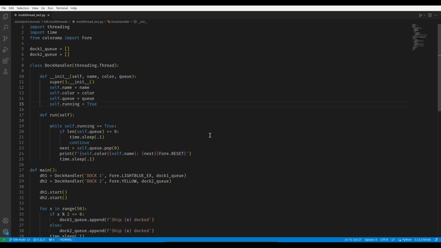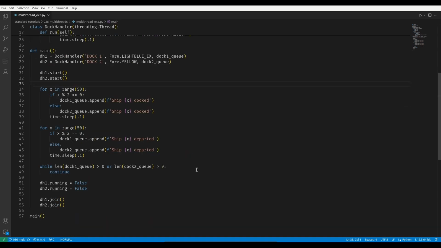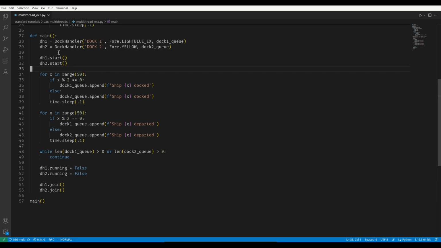So what is adding the data to the queue? Which brings us to our main function down here, where our main thread is going to be running in this multi-threaded program. So the first thing we do is we create our 2 threaded objects, and we assign them doc1 and doc2 for names. Doc1 gets a light blue text color, and doc2 gets a yellow text color. And then we assign the doc queues that they will be monitoring to print out their messages. And then we start the threads using the start method because they inherit from the thread class, so they have access to that, as well as